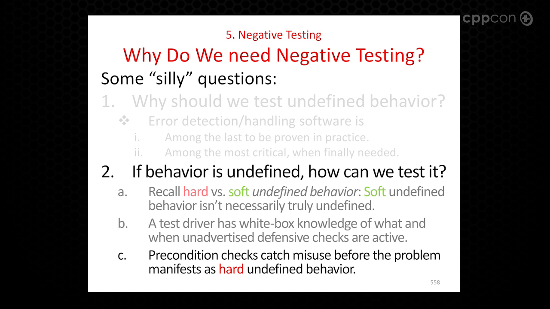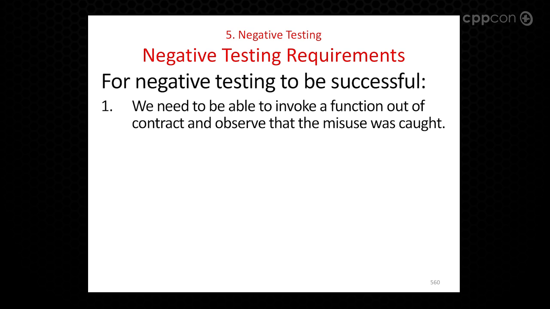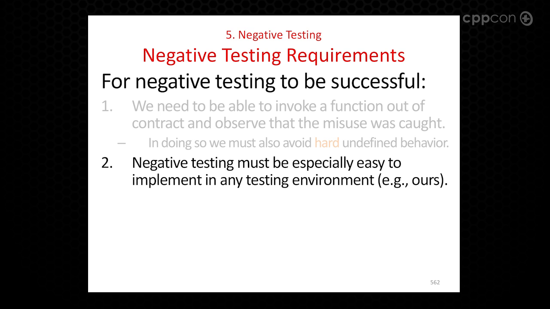Just simply, we're going to catch the problem before any undefined behavior manifests. So for negative testing to be successful, we need to be able to invoke a function out of contract, and observe that something useful happened. We have to make sure that we don't encounter hard undefined behavior. And of course,